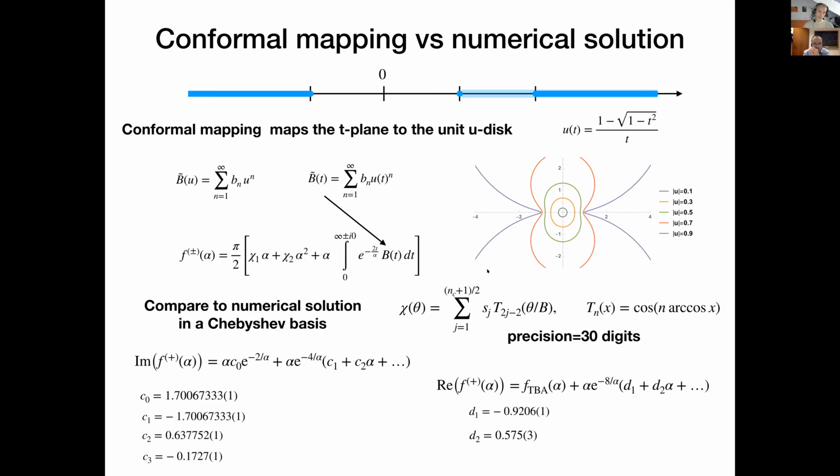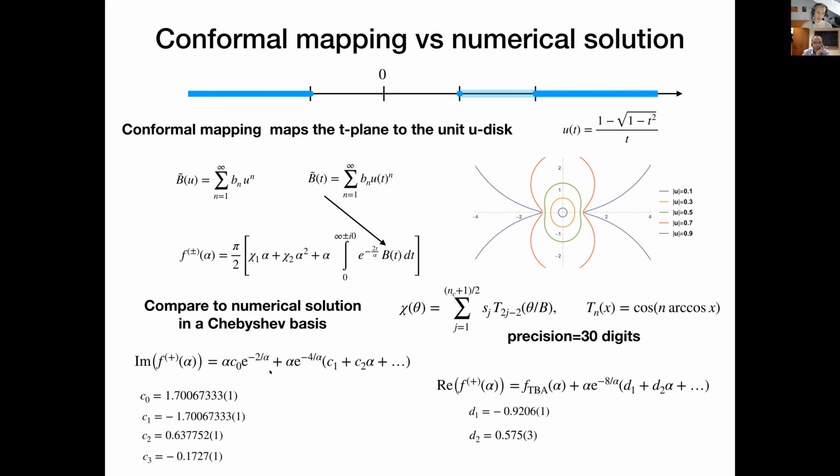On the other hand, we used this perturbative coefficient with the conformal mapping, and we calculated f plus minus, and we just compared the two. The first observation is that these conformal mapping integrals had real and imaginary parts. However, this solution of the TBA was obviously real. So every imaginary part that came was of course due to the ambiguity, and it shouldn't be there. But we could fit this coefficient. So we fitted the imaginary part.